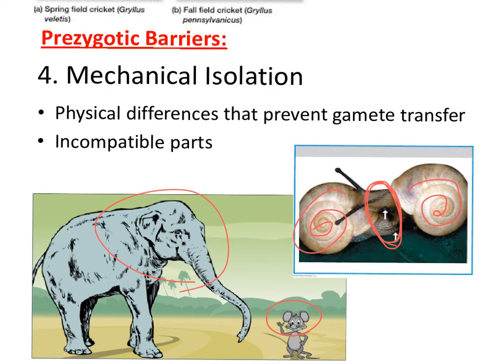The idea being that the female pig has the reverse shape of the corkscrew inside of her, so her sex organ is reversely shaped, so that when the male sex organ goes into the female, the pressure from the female's sex organ is strong enough to allow sperm to be released. So this swirling sex organ that's shaped like a corkscrew has to perfectly match the female that it wants to mate with.